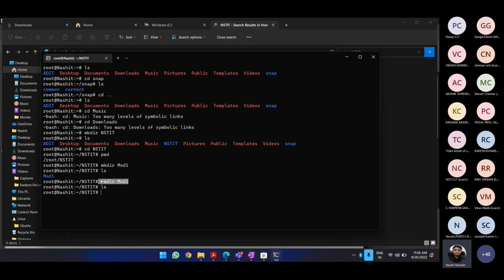Now we have another command that is called touch. Many of you might have heard about it.